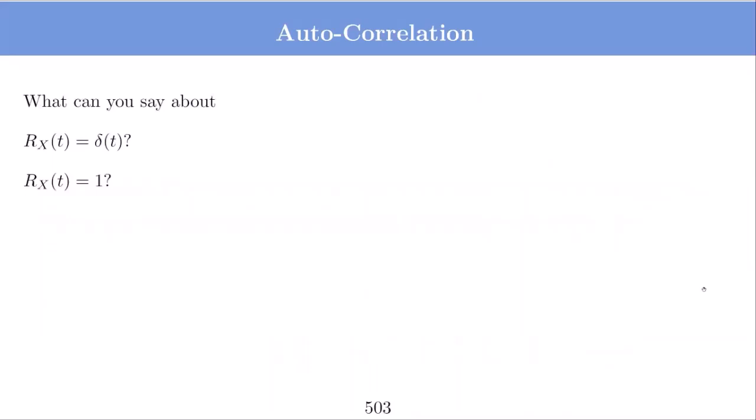So autocorrelation tells something about independence or dependence, but of course it doesn't exactly imply independence, because autocorrelation only talks about the second moment, the product of X(t1) and X(t2), while independence is about the distributions at t1 and t2. So it involves all the moments, not just the second moment. But there is some information which can be guessed from the autocorrelation.